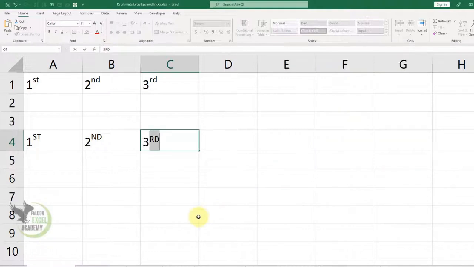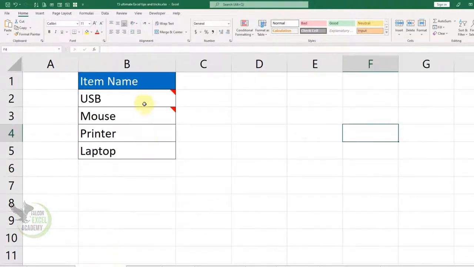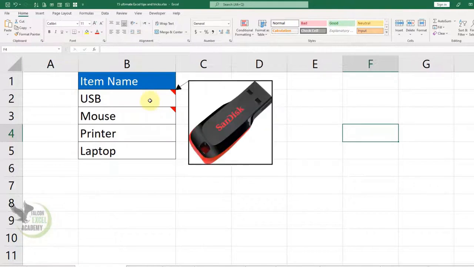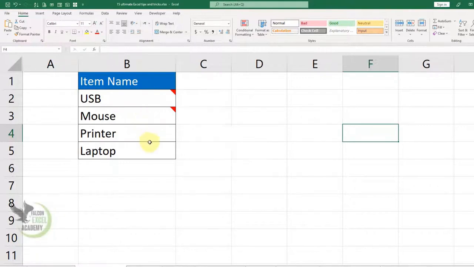After that, we'll talk about the second one. Insert picture in comments. So see, when I bring the cursor here over USB, the picture of the USB is displayed. If we move the cursor over the mouse, then the picture of the mouse will be displayed. In the same way, if we want that whenever we move the cursor over print or laptop, the picture of